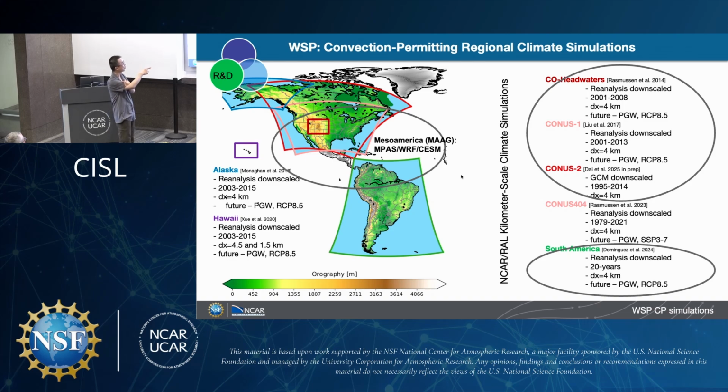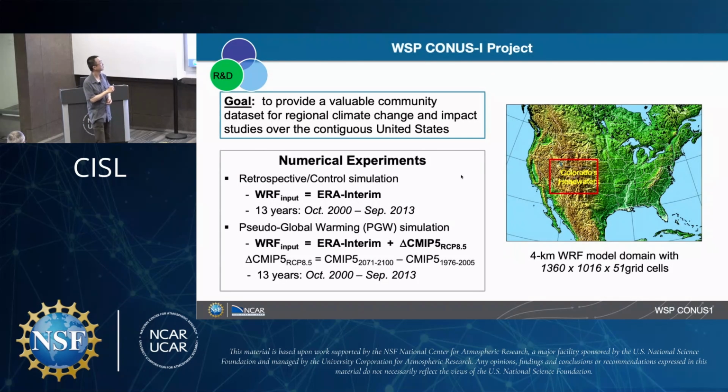All these circles are indicating the simulation and research directly sponsored by the Water System Program, and all the others were through our effort, where we found external funding resources and collaborated with external collaborators to carry out these research. So let's move from the Colorado headwaters to the entire CONUS, because those results really give us